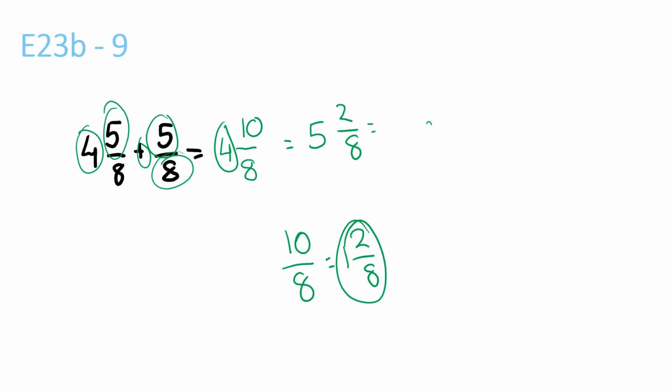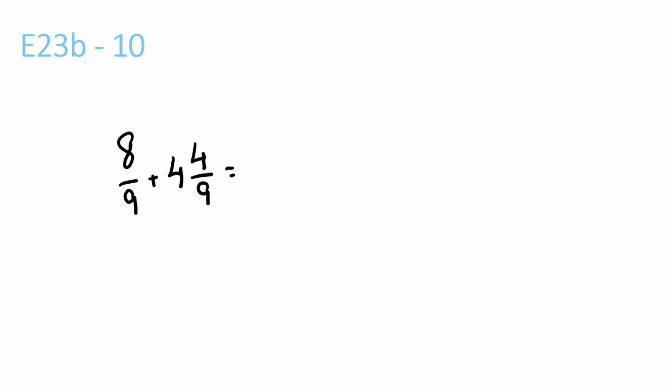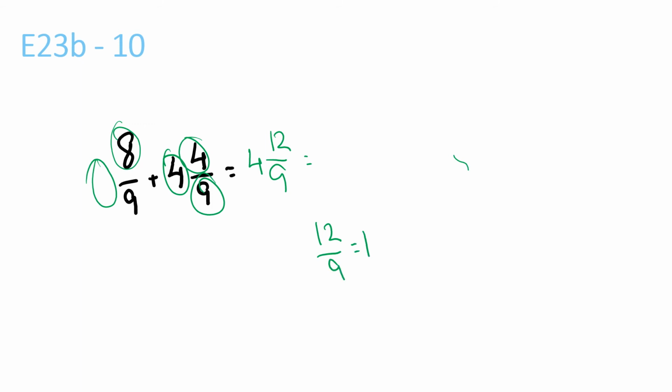2 and 8 can both be divided by 2, and that's the highest number that they can both be divided by. So 5 and 1 over 4. 4 plus nothing is 4. 8 plus 4 is 12 over 9, which is equal to 1 and 3